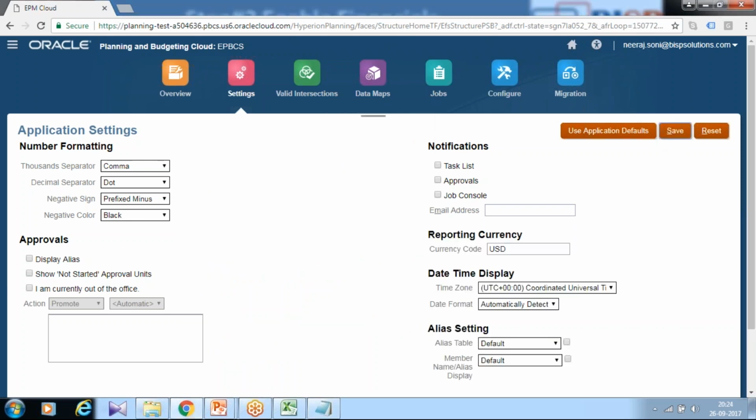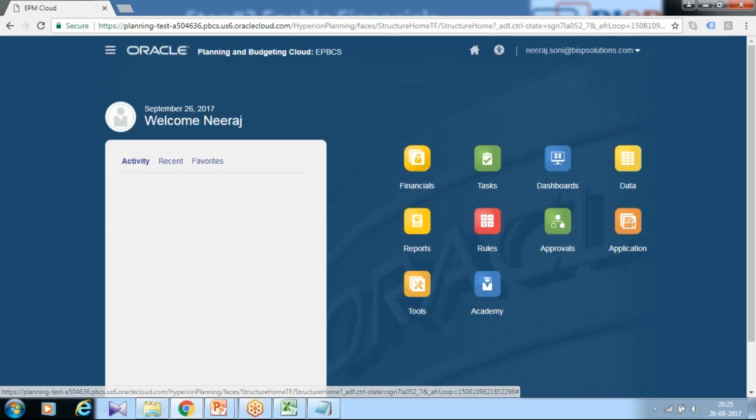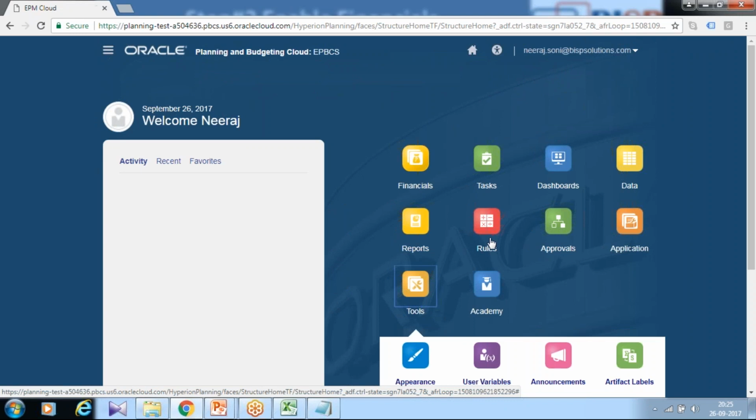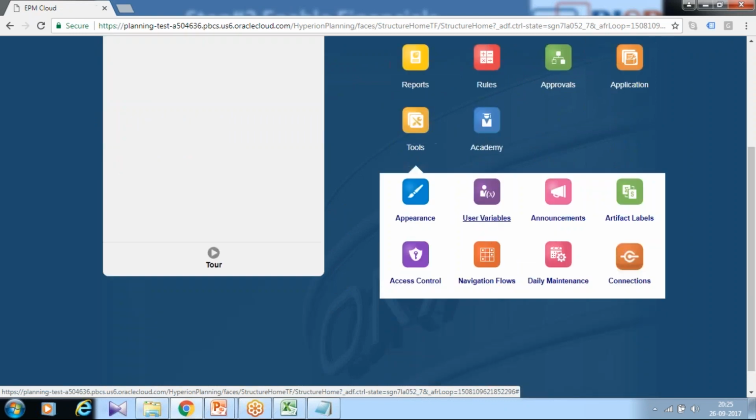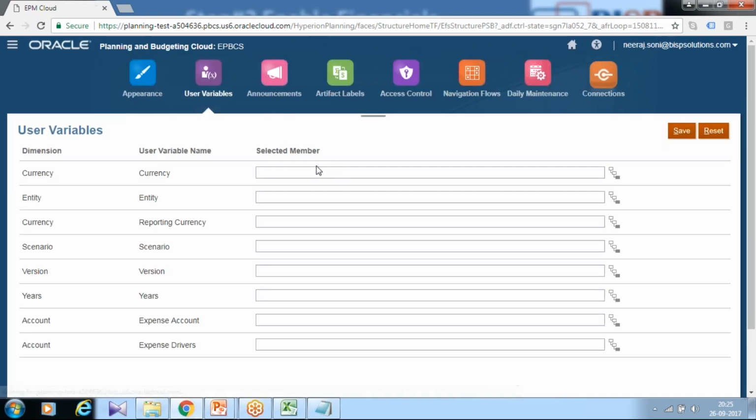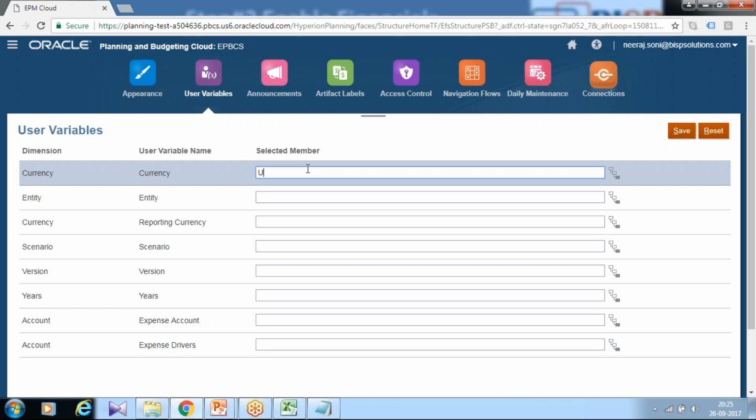Numbers formatting, save, and finally we go for variable setting. So when you configure your financial planning, you have got the option to set some variable values. Some variables get created by default as part of your application design. So you select the variable. I use USD as one of my currencies,